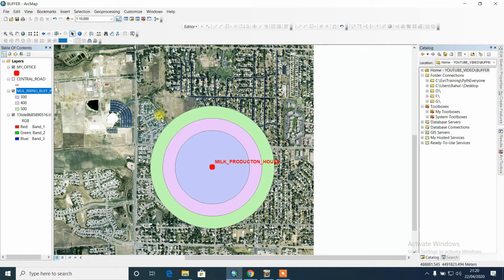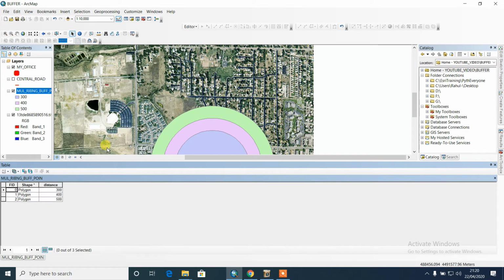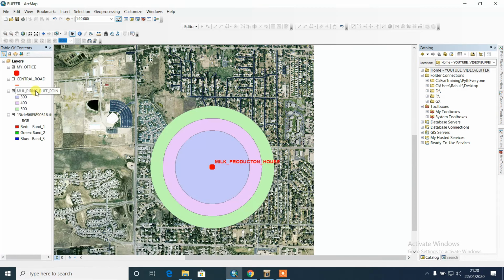This is the result of the multi-ring buffer. And here is the surprise: just open the attribute table. It's showing the distance I already told you about. This is the distance. What is its utility?